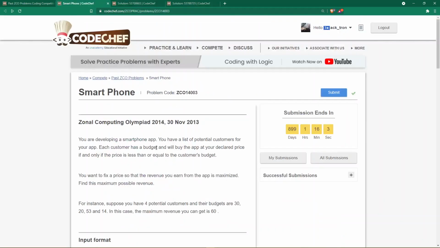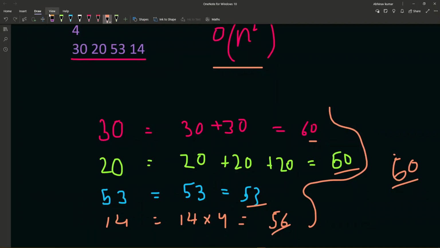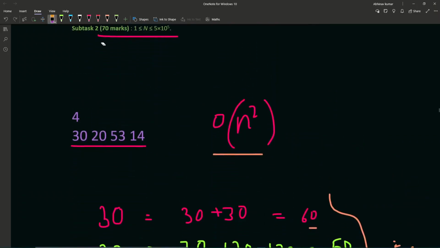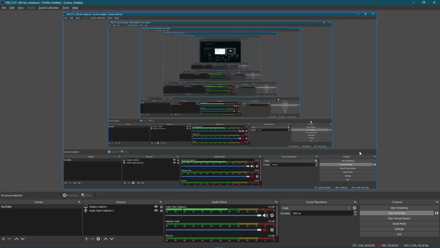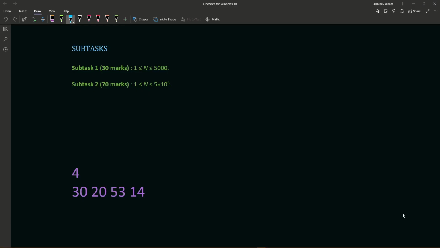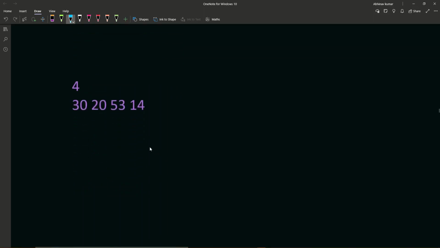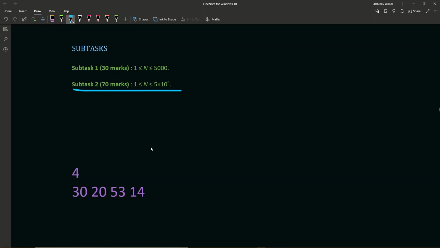Now let's go over our main subtask, which is O of n, through which we can get 100 points. Let me just pause this video so that I can clear this. So guys, let's discuss the second subtask of this problem, which will lead us to how to score 100 points. Solving the second subtask is not that hard. Let me show you how you can use some logic of sorting, and then you can solve this problem easily.